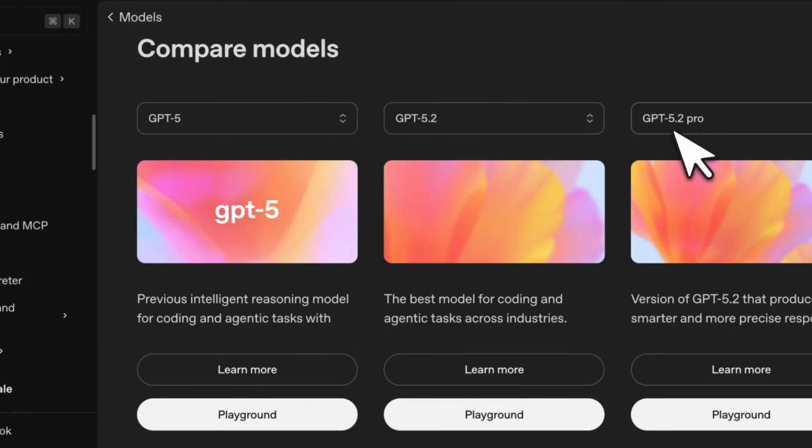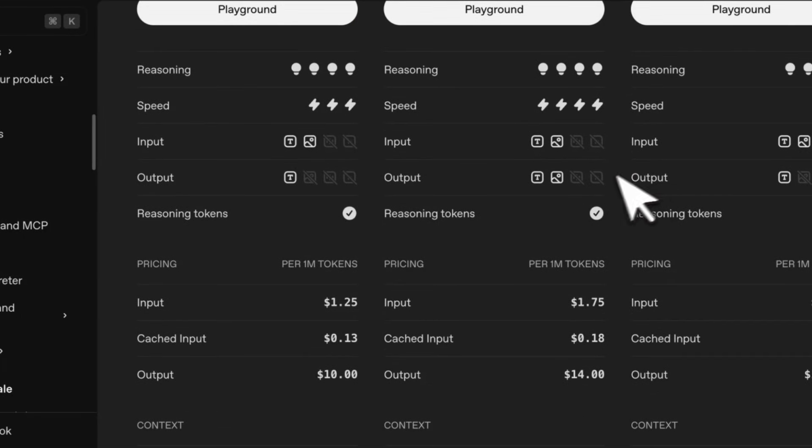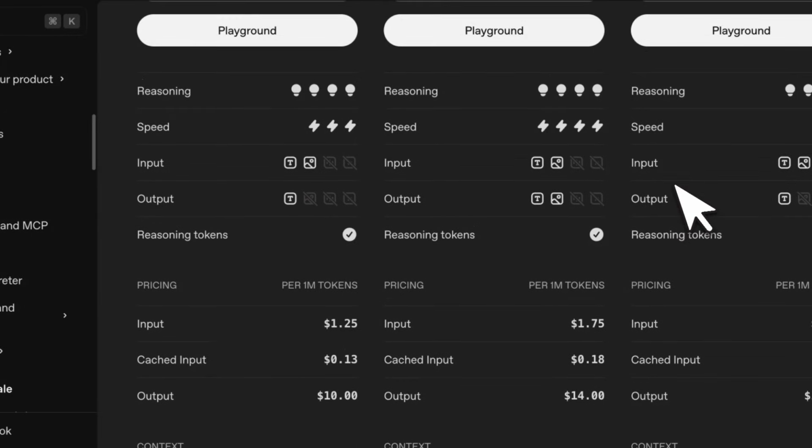Okay, there seems to be a GPT 5.2 Pro as well. They don't really have any details on the benchmarks, but I would assume this is equally impressive. However, we have some very interesting information on this page. So I'm comparing GPT-5, 5.2, and then 5.2 Pro. It seems like GPT 5.2 actually supports image output, which is new. After GPT-4, this is the first OpenAI model that is supporting native image output, although they haven't mentioned this in their